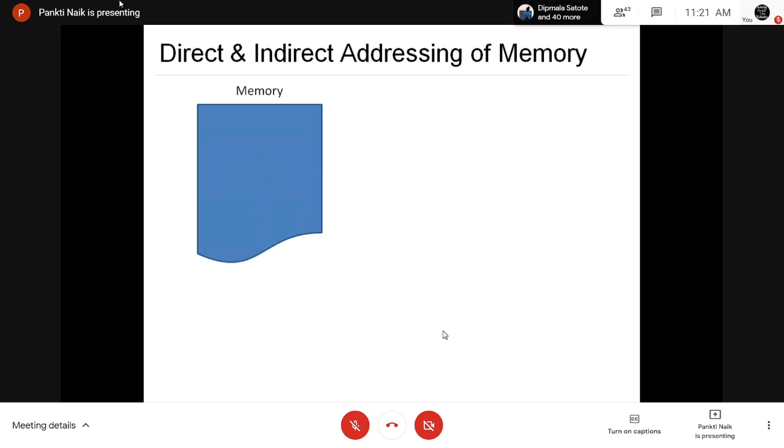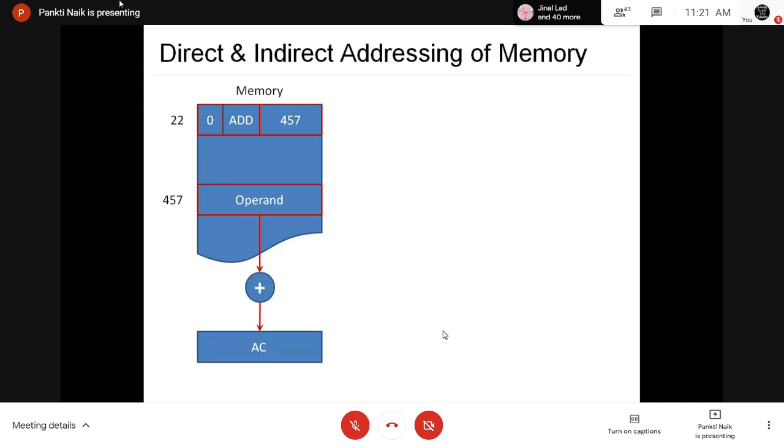Now consider this is our memory. At memory location 22, we store one instruction, add 457. And at address 457, we store the operand value. So this is known as a direct instruction.